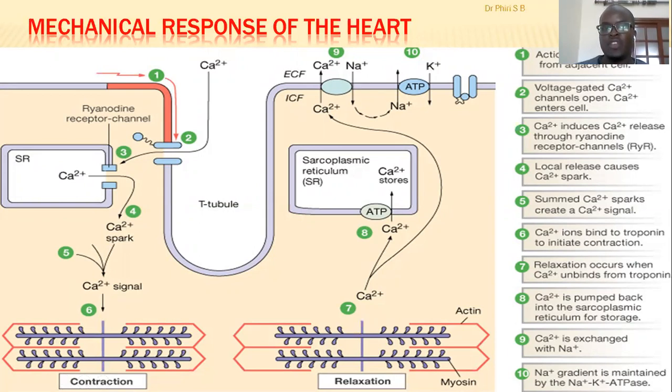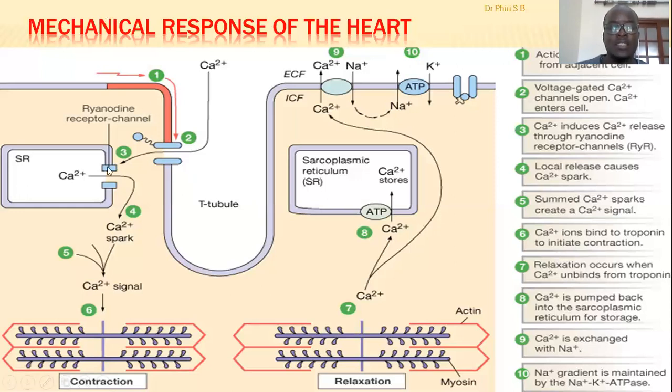So once you have this wave of depolarization or an action potential that is coming maybe from the Purkinje fibers or from an adjacent cell via the gap junction, it will stimulate the opening of L-type calcium channels, the dihydropyridine receptors in myocardium. So they're going to open to allow influx of calcium. So calcium is going to enter, and this calcium is going to bind to the ryanodine receptors. Remember, these ryanodine receptors are special types of channels which are referred to as calcium-induced calcium-releasing channels. So they have a receptor for calcium. So calcium is going to bind to the ryanodine receptors,